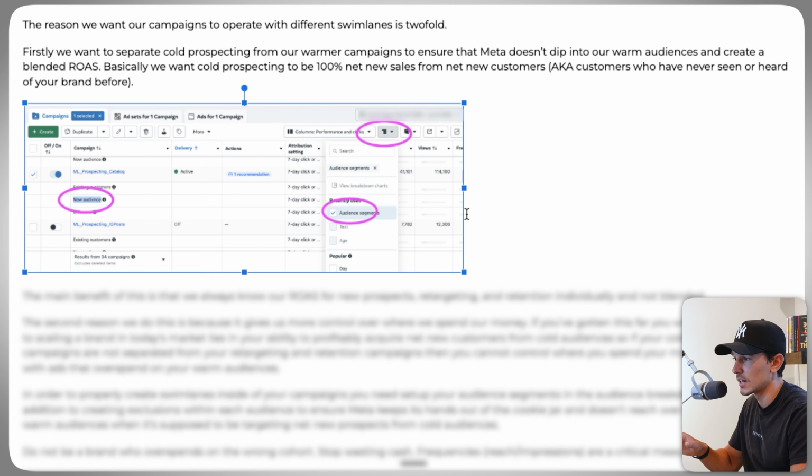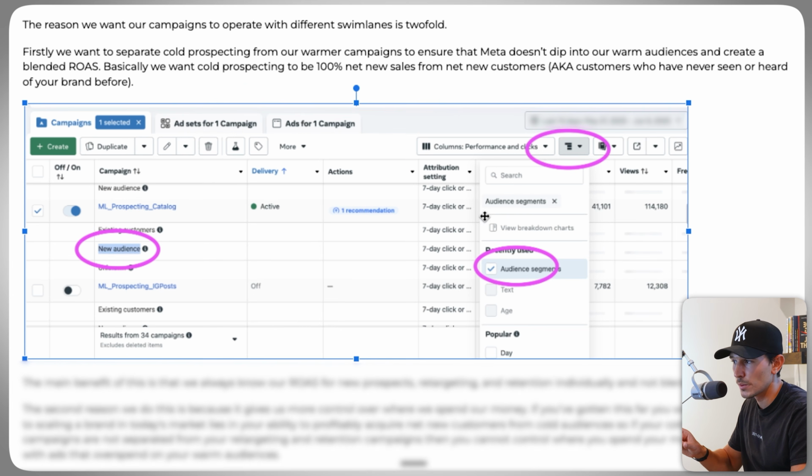You could see your swim lanes. I got a little screenshot here for everyone. You could see your swim lanes very easily. You just need to click this button on breakdowns in the top right corner and click on audience segments, and then you can see new, existing, and engaged, as long as you have set these up in your advertiser settings. I hope everyone has at this point.